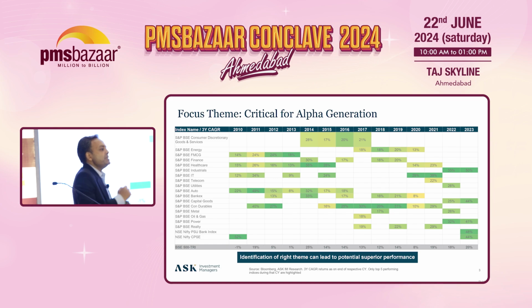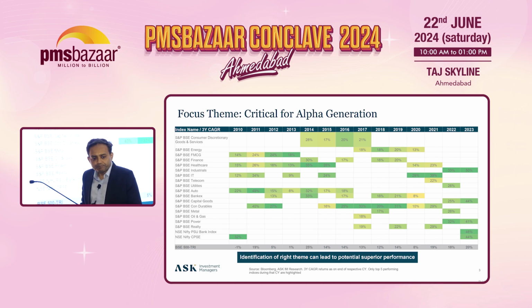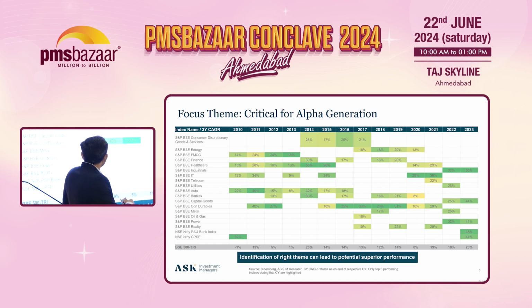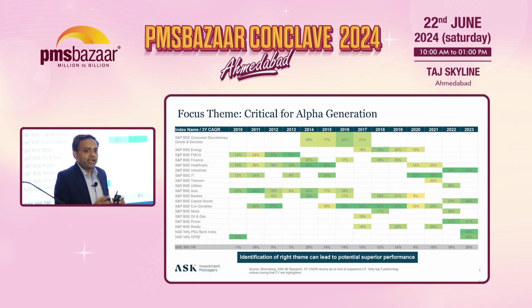There are 3 key points which are apparent from this slide. First, there is no evergreen sector. There is no sector wherein this green line continues forever, right? The second key point, every sector has a run for a few years, right? So if you look at, let's say maybe the BSE Auto Index, it went from 2010 to 2016, it had a very good run. The third key point, whenever a sector has a good run, that streak typically goes on